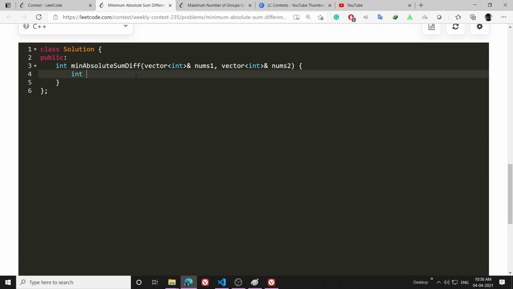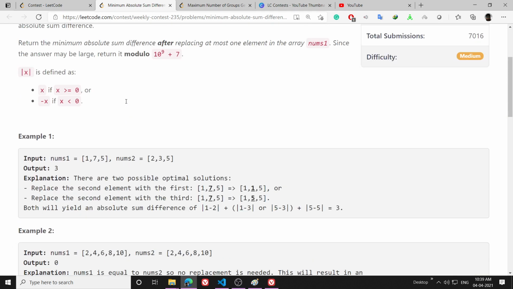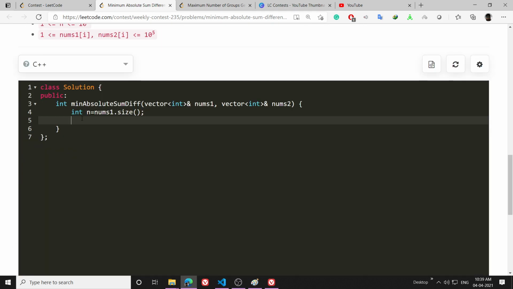So first things first, I will make n the size of the arrays, nums.size. Then since the answer can be pretty large here, the question has asked me to take modulo. So int m is equal to 1e9 plus 7.